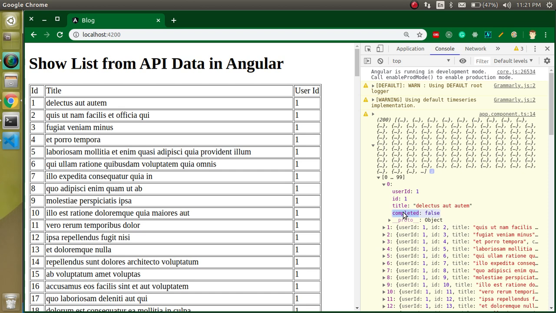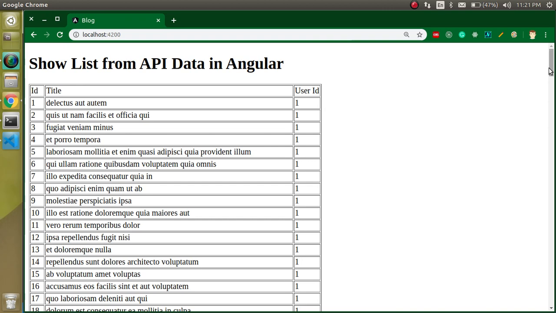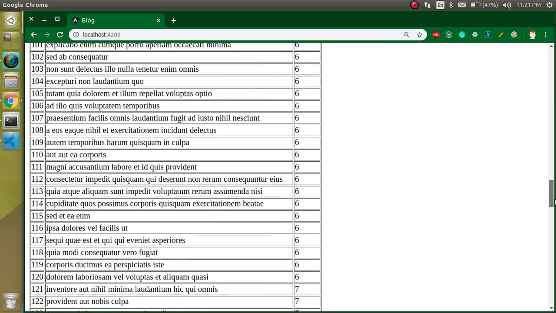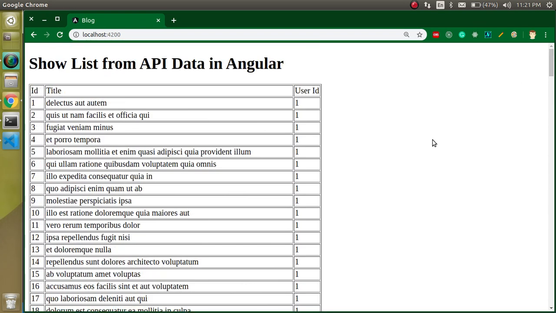If you still have any kind of confusion, you can ask me in the comment box. And yes, one more thing, there is something missing in this video, which is that we have to use pagination because we have lots of data. If you don't know what pagination is and how we can use it in Angular, then